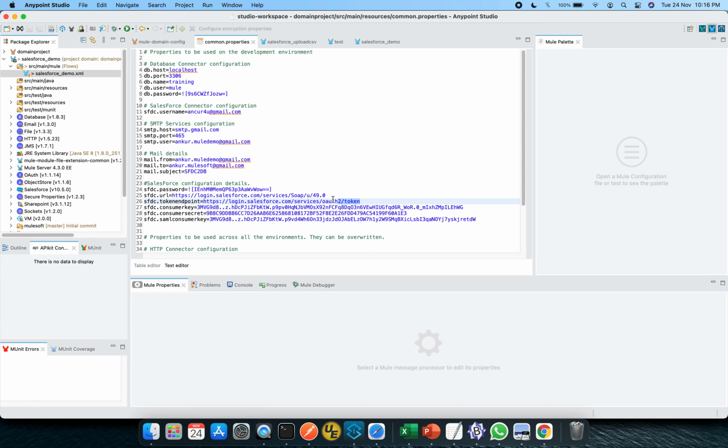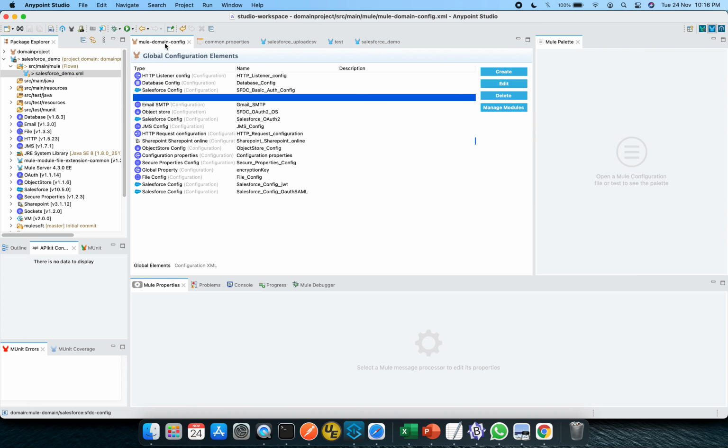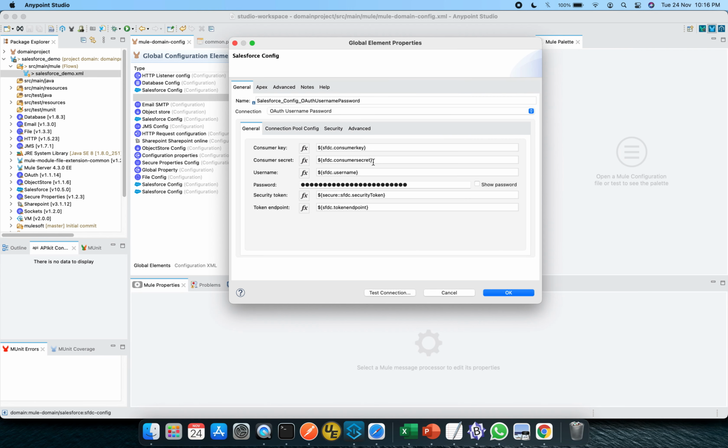I have already mentioned this in my property file. Having said that, I have configured the same using the consumer key, secret, username and password, which are the same as you used for registering to the Salesforce platform. The token is also referred from there, and the endpoint I have just shown you. So let's hit the test connection.